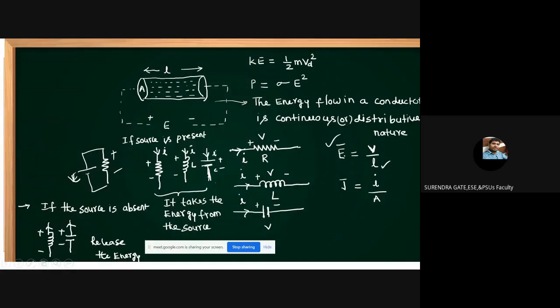So why do the resistor, inductor and capacitance come into existence in circuit theory? This is the reason. There is some energy loss in each conductor. Here energy loss or power loss means there must be some opposition. That's why there is some loss. If there is no opposition, where is the loss? That's the reason why that opposition is represented by three elements: resistor, inductor, and capacitor.